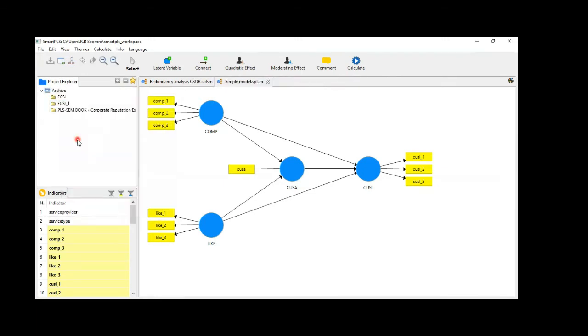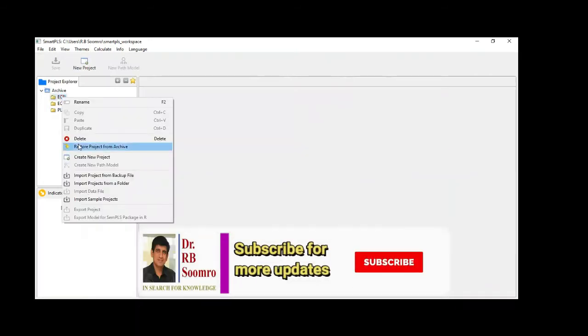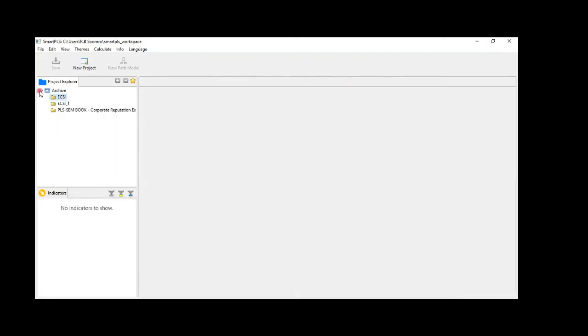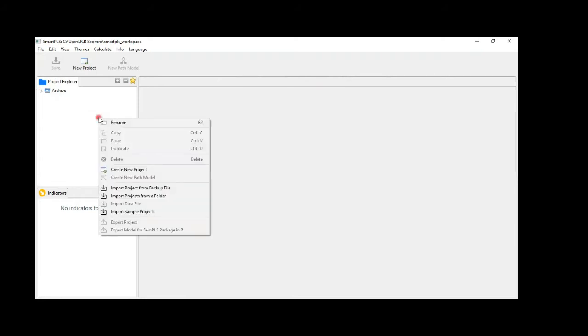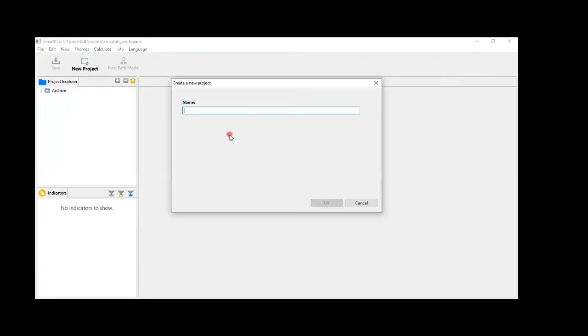If you want to bring a project out of the archive, that's very simple. Go and restore the project from archive, then the same will appear. Now all have been archived properly, and I have to work on an entirely new project. Here, if you click, you will find Create a new project, and the same option is here too. From either of these two tools, you can create a new model. So I'm going to create a new model. Just click it, and you will be given a chance to write the name of the new project.